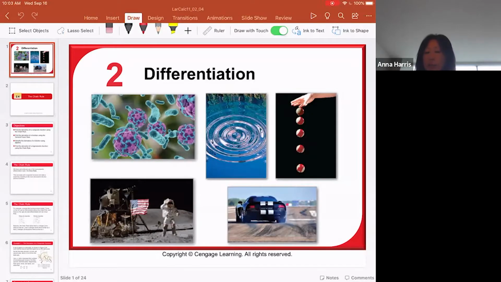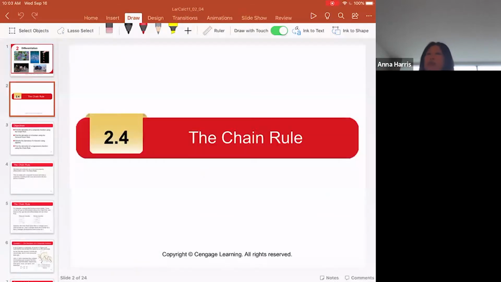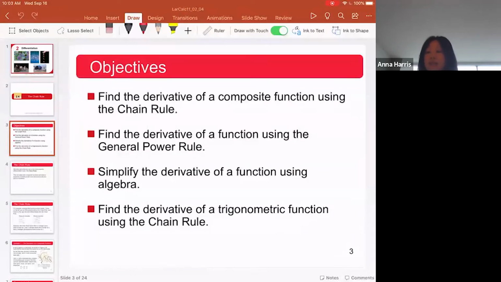So let's look at 2.4. 2.4, the chain rule. So find today's objectives. Find the derivative of a composite function